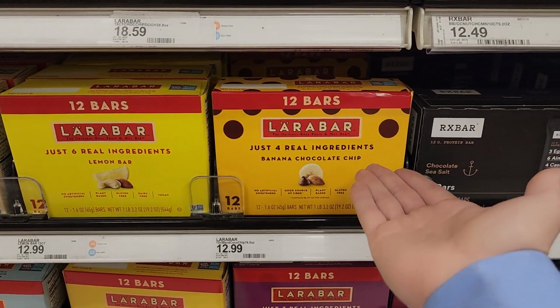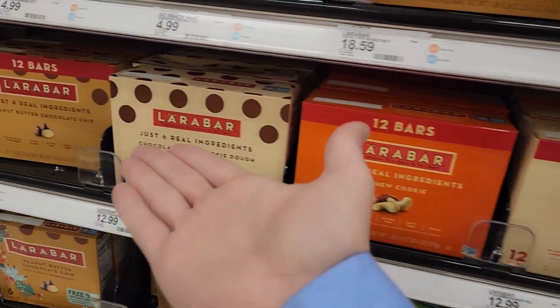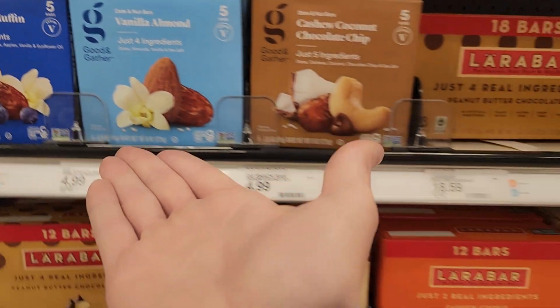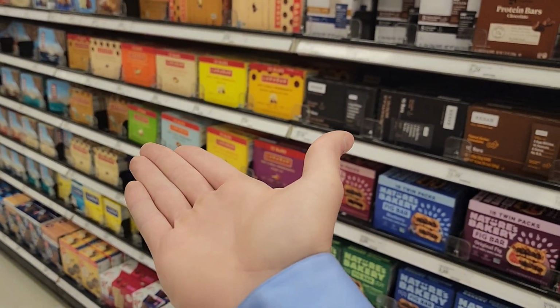They've got 4 ingredients in them. Banana chocolate chips, super good. Peanut butter cookie, super good. Chocolate chip cookie dough, peanut butter cookie. These are all really good, but what you're going to start to pay attention to is, once again, the ingredients on all of these. So I would say, without knowing your genetics, your gut health, your needs individualized,